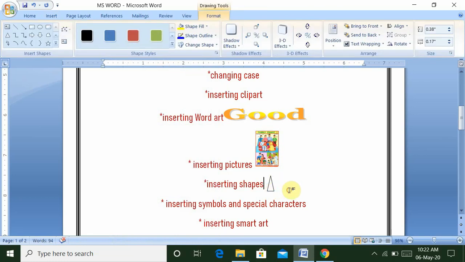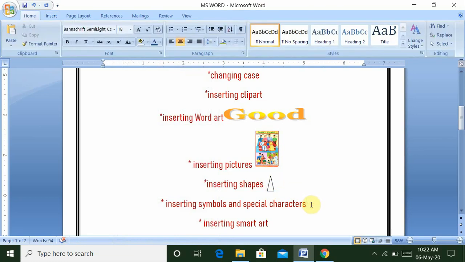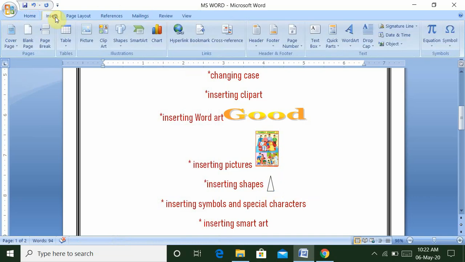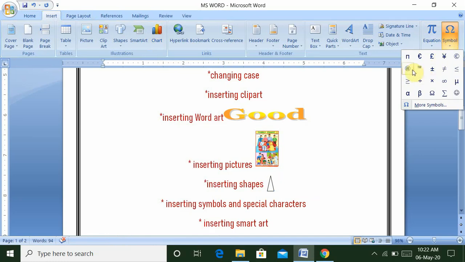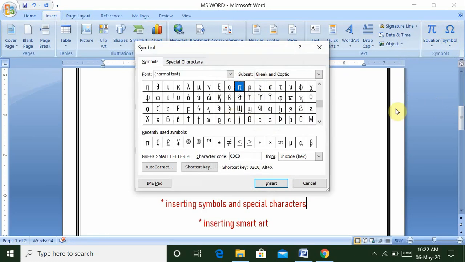Inserting symbols and special characters are available on the insert tab. So many types of special characters and symbols are also available, and more symbols are also available in your MS Word documents.